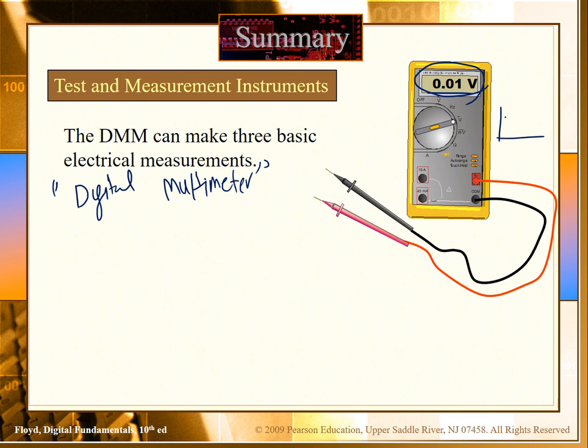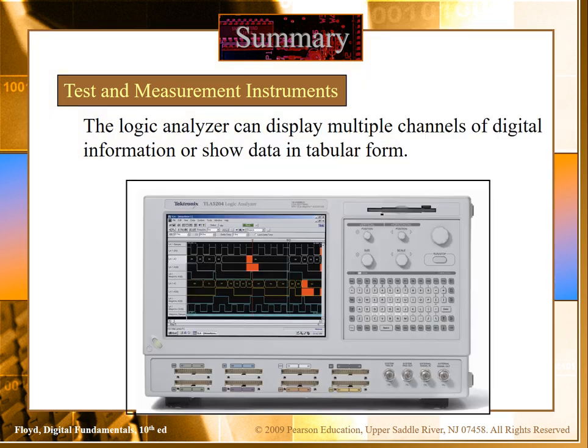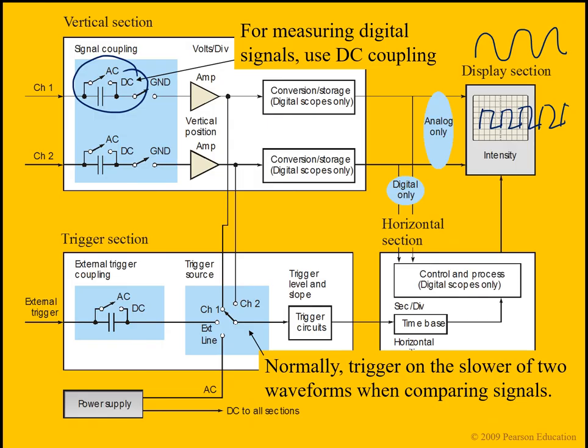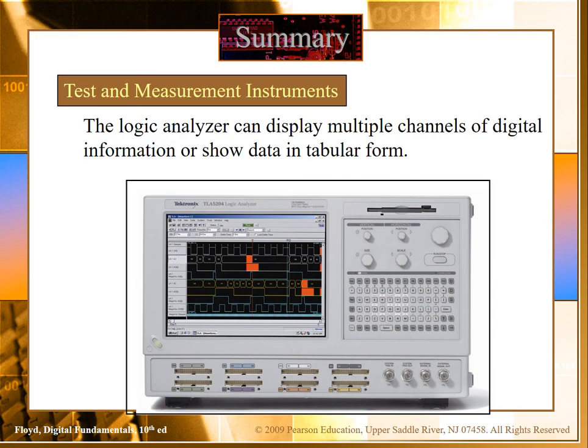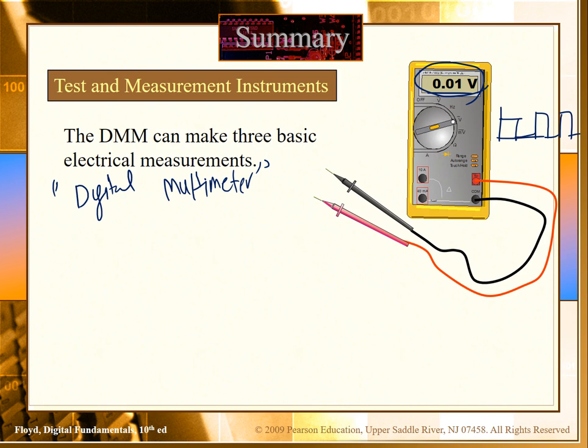It does not provide you the waveform or the timing diagrams. The timing diagrams we can obtain using the logic analyzer, or we can also see them on the oscilloscopes, but more sophisticated timing diagrams are obtained from the logic analyzer. The digital multimeter is used just for checking the power supply, voltage, and resistance. Some digital multimeters could also be used for diode characteristics and capacitance calculations. So this kind of information can be obtained from these instruments.